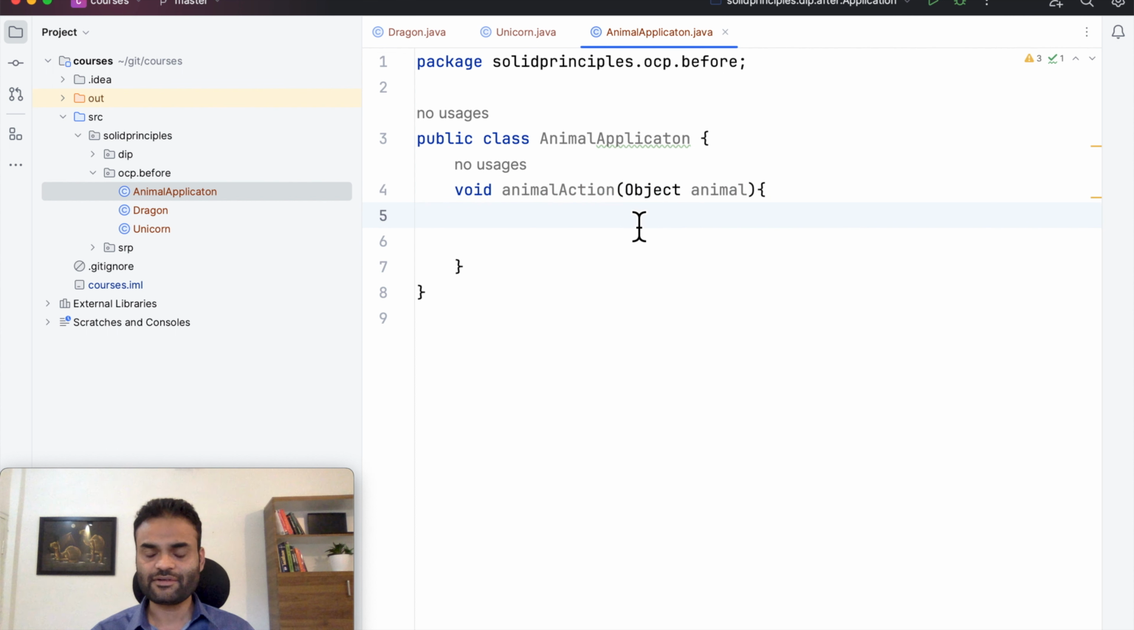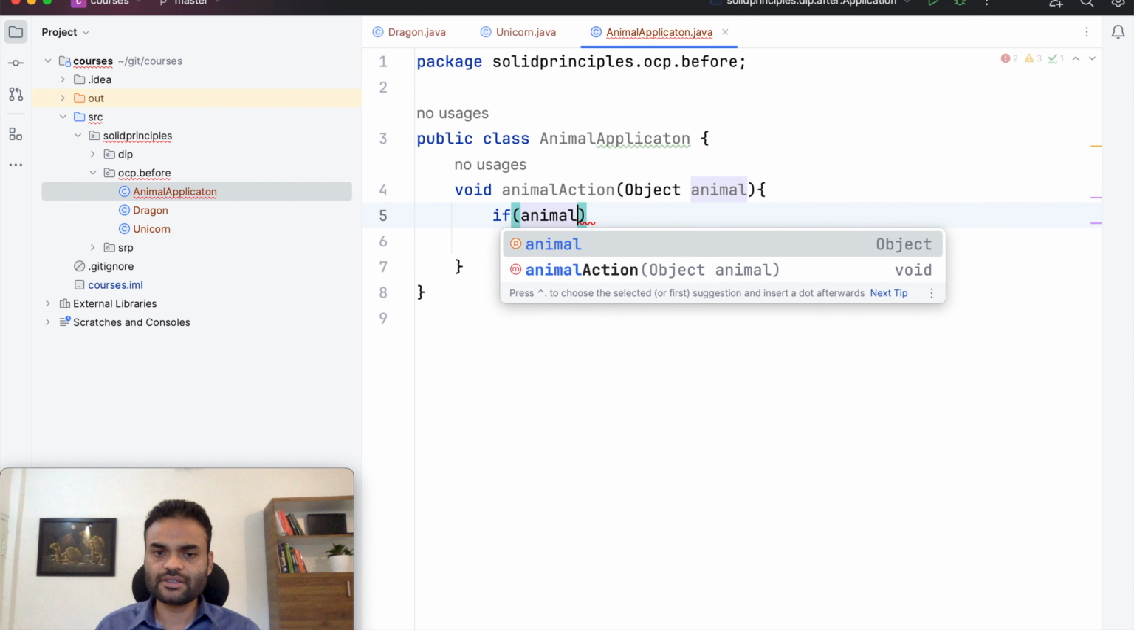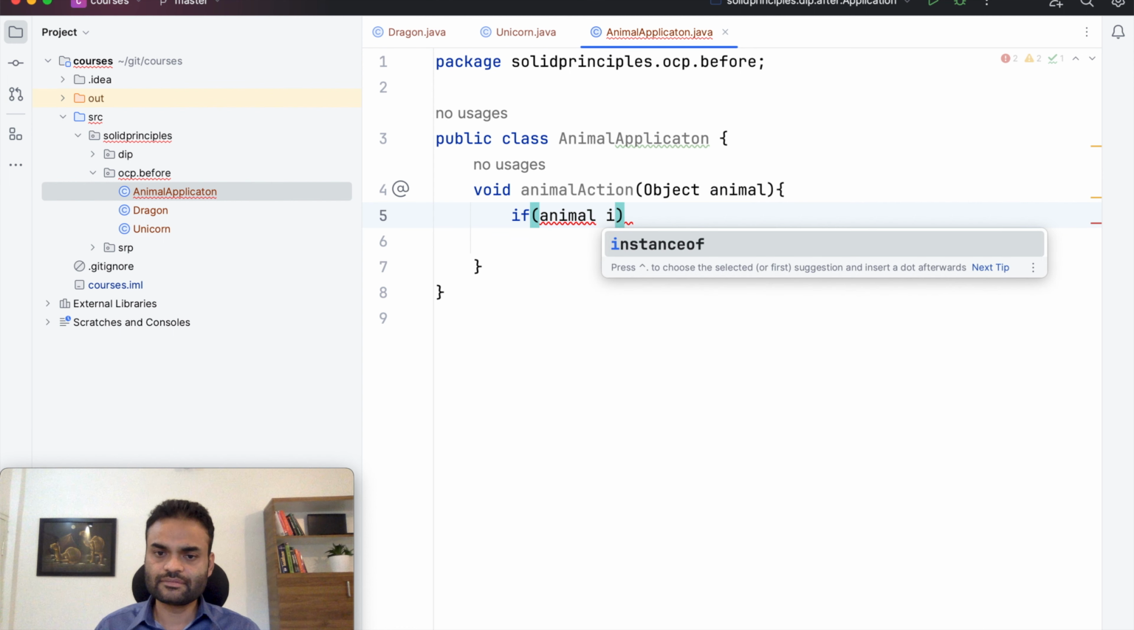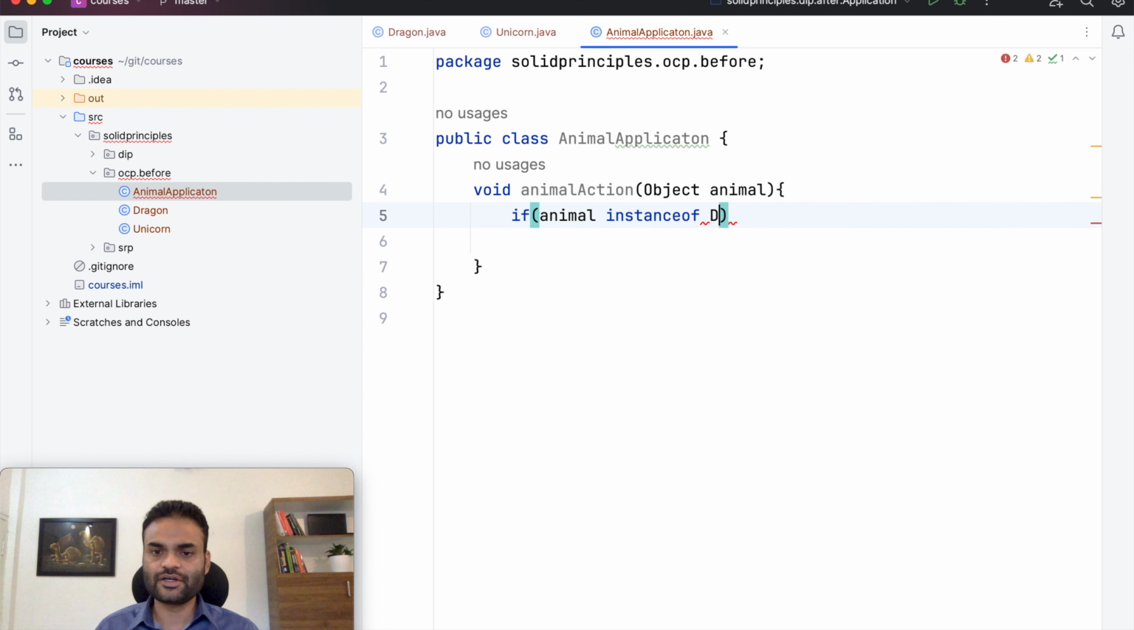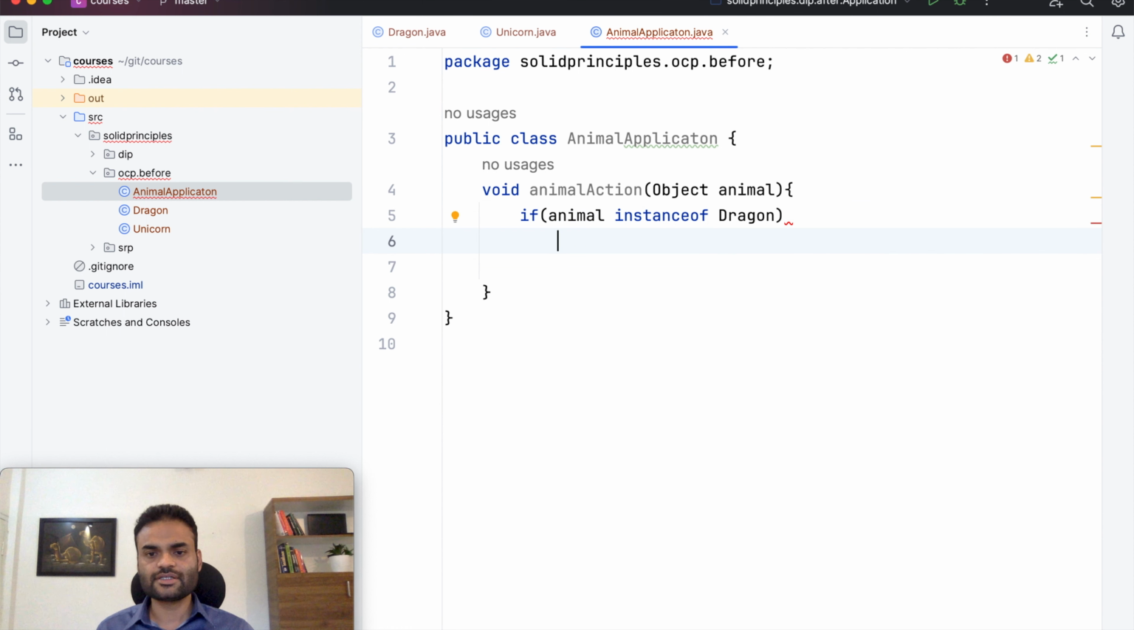For those who are not from the Java background, Object is basically the super type of all the types in Java. So it's kind of super class of all the classes, whether they are Java standard classes or user defined classes. All the classes have the super type Object. So over here, what we will do is we will take any animal as an input and then perform some action on it. So what we need to do is, if animal is instance of, let's say, Dragon,